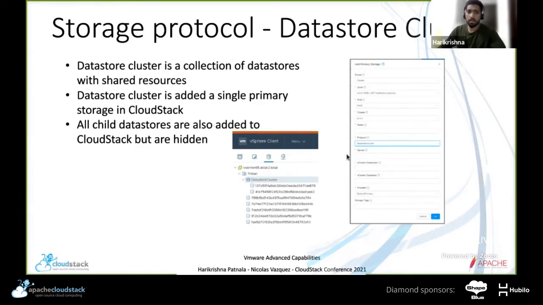CloudStack will auto detect the child data stores, and they also be added into CloudStack, but they are all hidden. To the admin, we'll show only data store clusters. Any storage operations are done on that data store cluster itself. The other interesting part of the data store cluster is